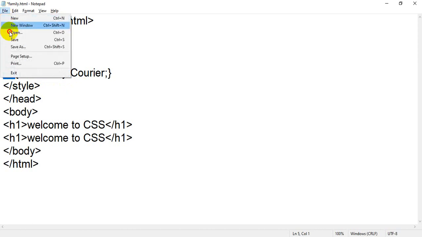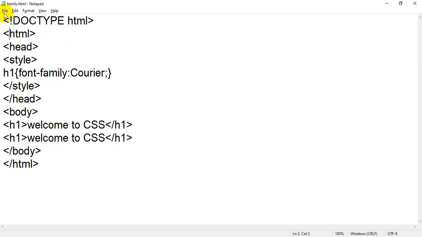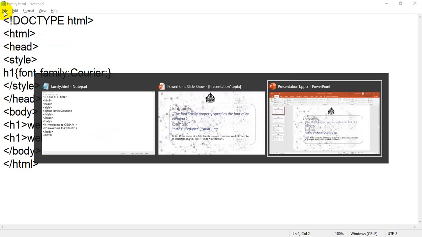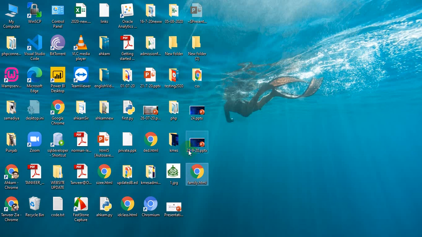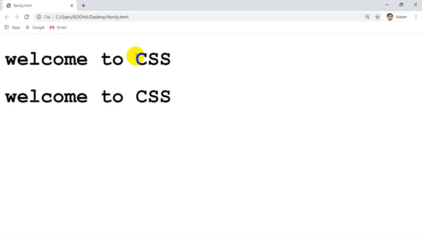Just save it, Control S I have pressed. Flip back to your browser. I think I have closed the browser, no issue. I will just go back and double click the file. See, now I have written only H1, so it goes and searches where the H1 is, and it directly applies on both H1 tags.